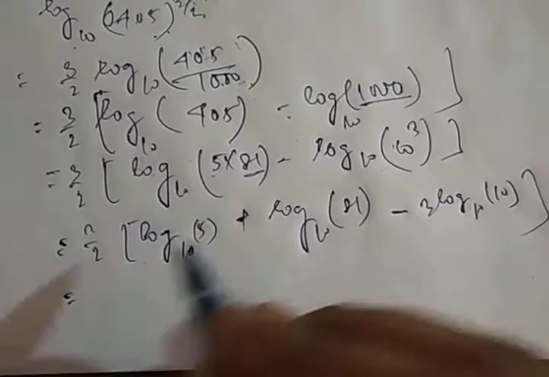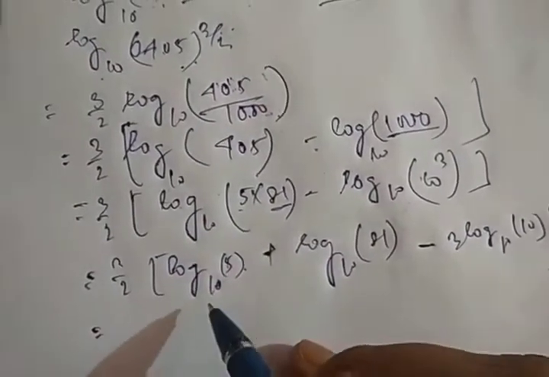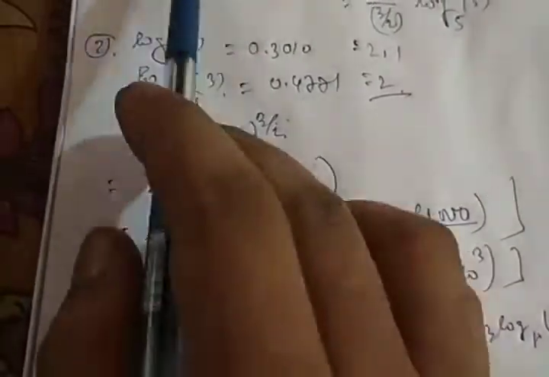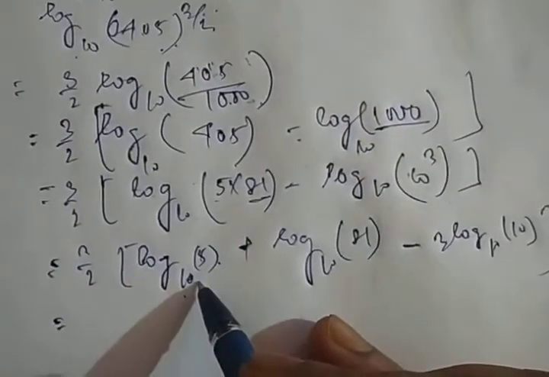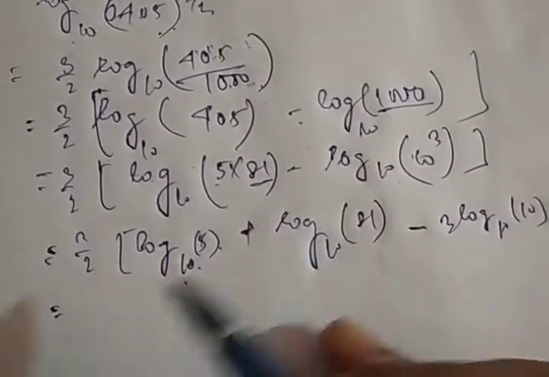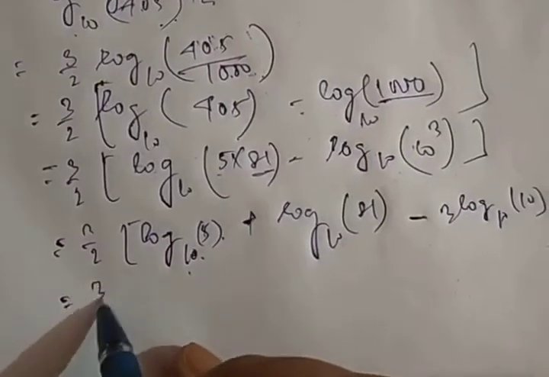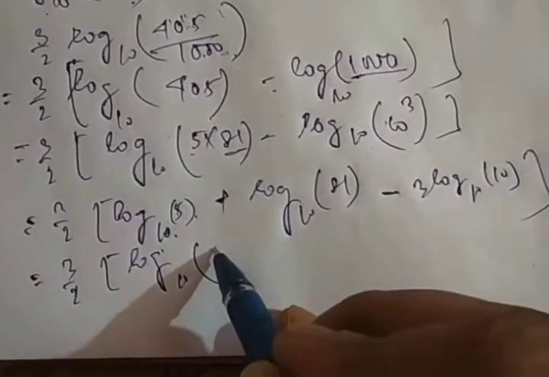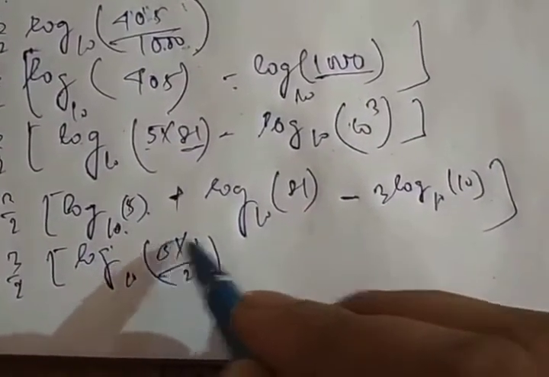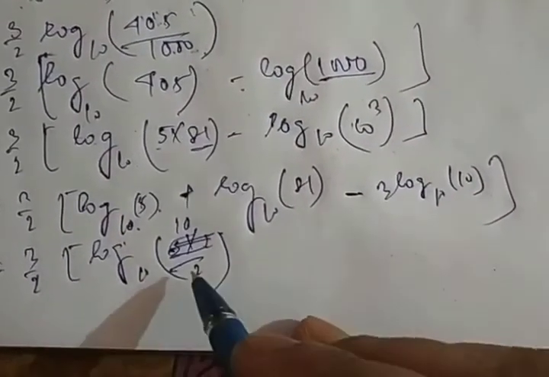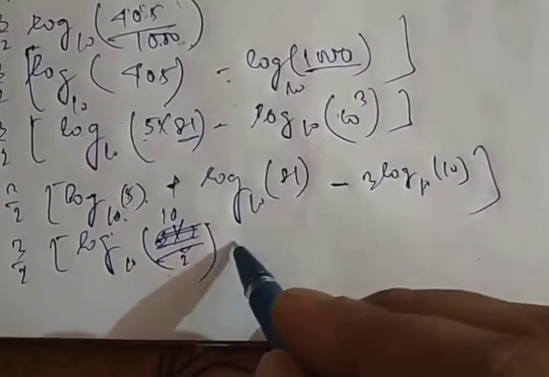Now, as log 5 with respect to base 10 is not given, and 2 and 3 are given, we will have to represent it by log 2 or log 3. So we write 5 as 5 into 2 divided by 2, that means 10/2. 5 can be written as 10/2, plus